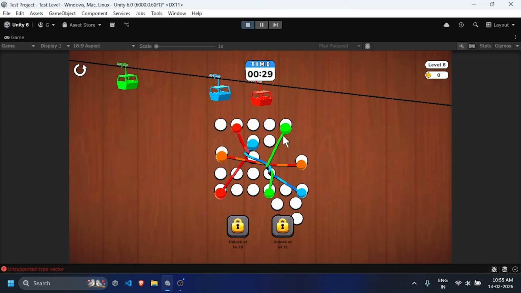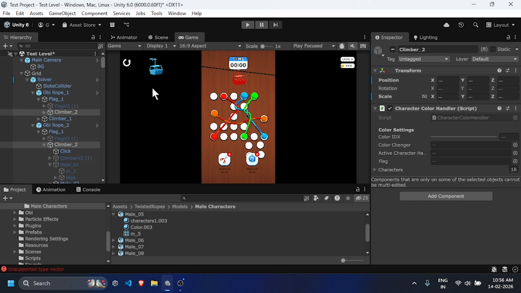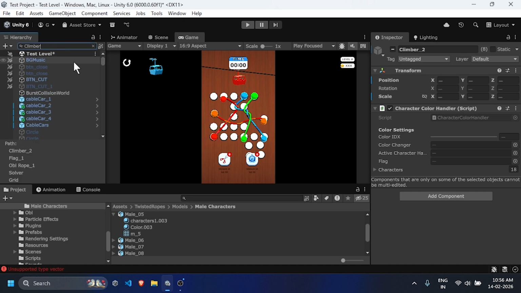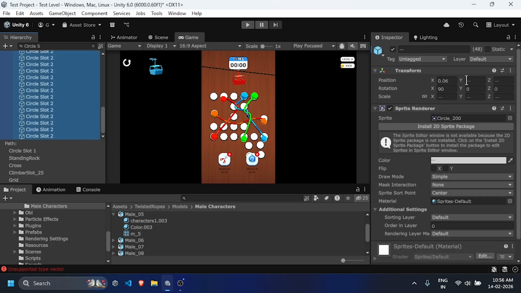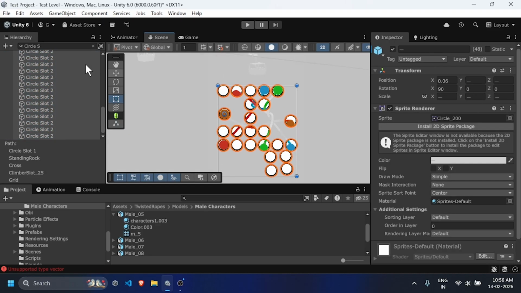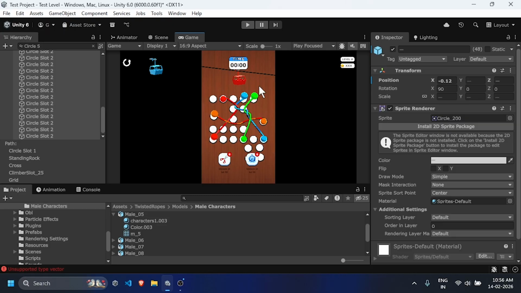Basically, if you see, there's an offset from the climber slot thing that we mentioned. So what we'll do is basically select all the climber slot or, as you can see, the circle slot objects. Select all of them and make it move towards the down direction. And now if you hit play,